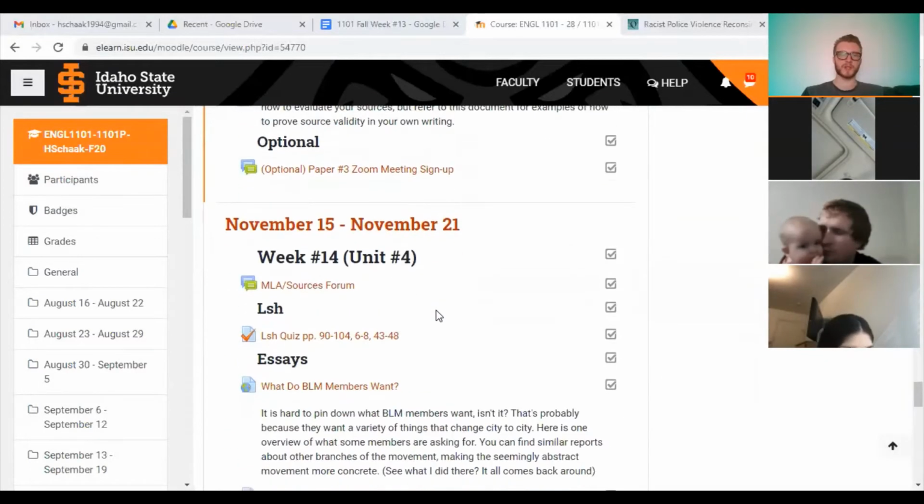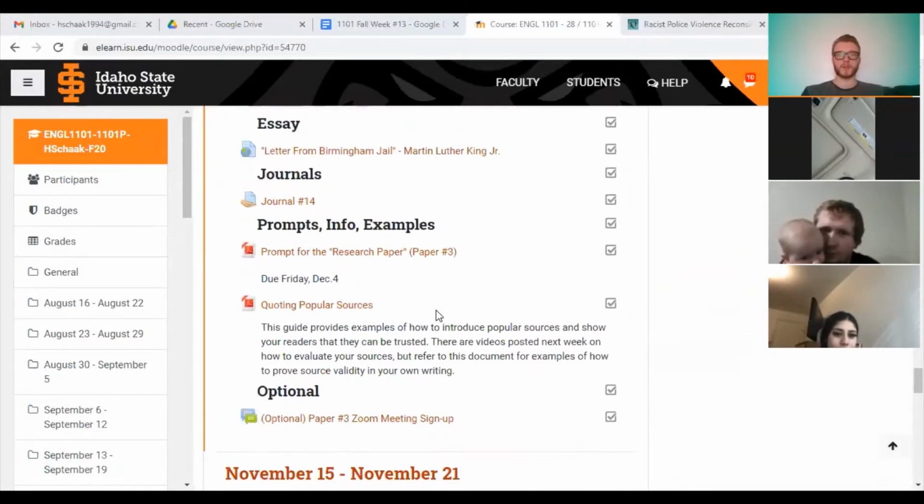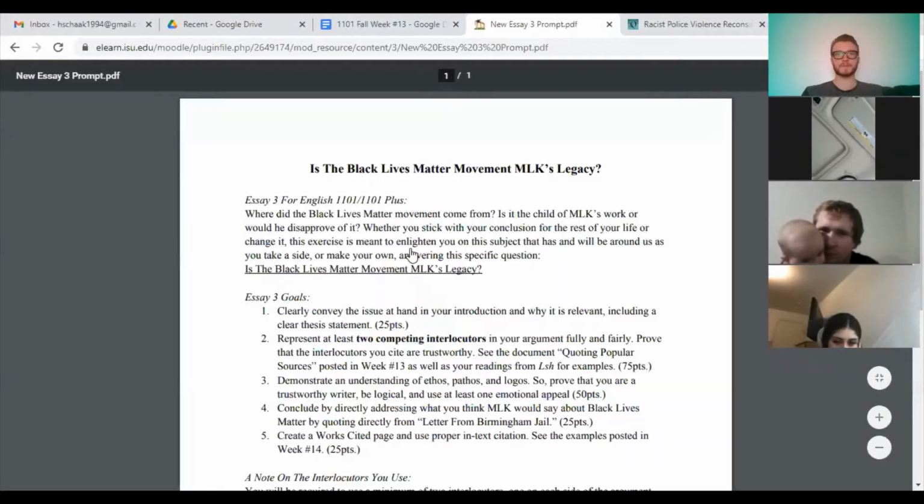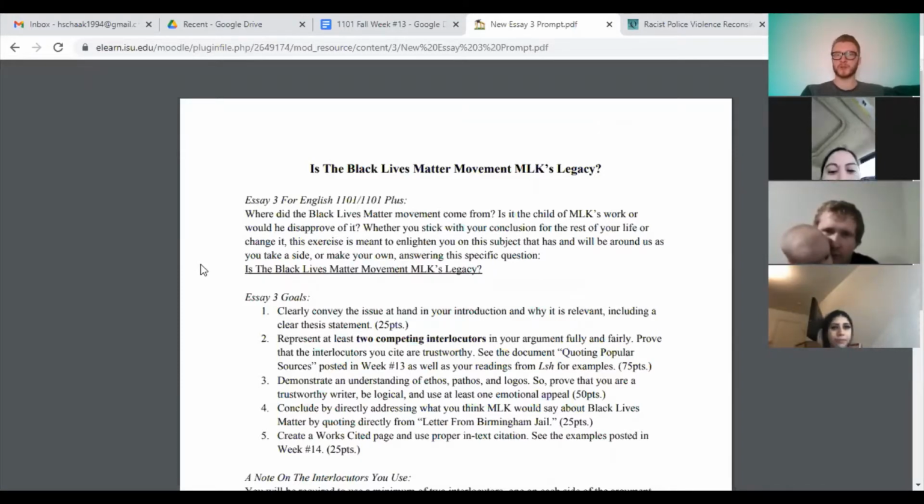We'll take a look together at the paper prompt that's linking everything in the unit together real quick. So the paper prompt, it's an argumentative paper. Instead of choosing your own topic, what I usually do to make things simpler, we're going with popular sources, and we're just writing on this one prompt. It's a prompt that I think stems perfectly out of MLK's letter from Birmingham jail. I like to teach that letter as an introduction to how to argue well. And I was thinking of a paper prompt that would connect straight to that paper so that you guys wouldn't have to do too much other research outside of what you're already assigned in class.